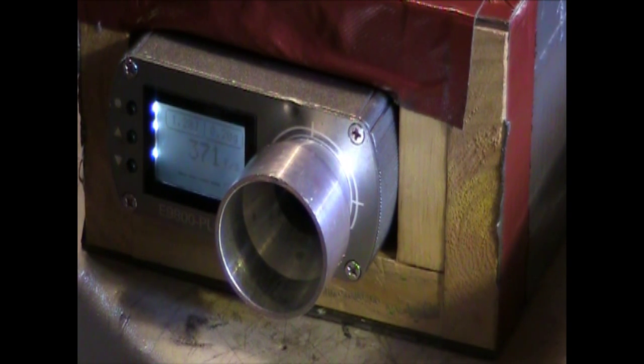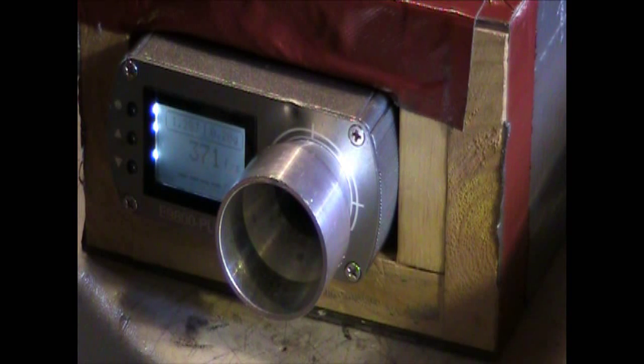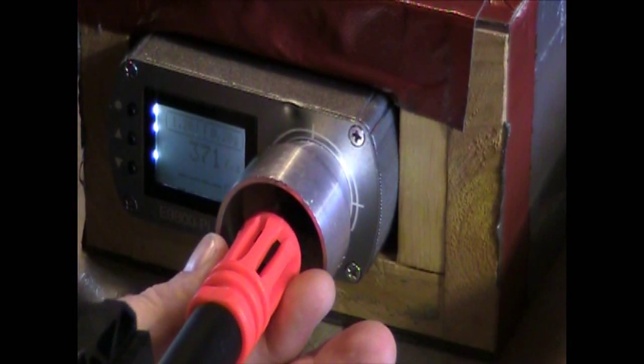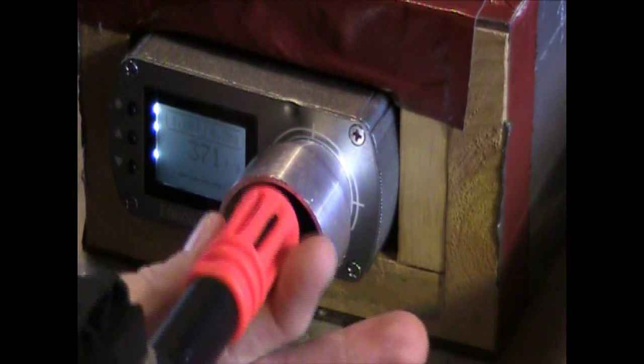This is going to be a baseline test using 2.0 BBs. The reason I'm using 2.0s instead of 2.5s to get a reading is because I have tons of 2.0s and nothing left of 2.5s. So we're going to start doing this, and you can see the chrono. The first one I've been shooting just to test it. It's set at 2.0s right now, 371,